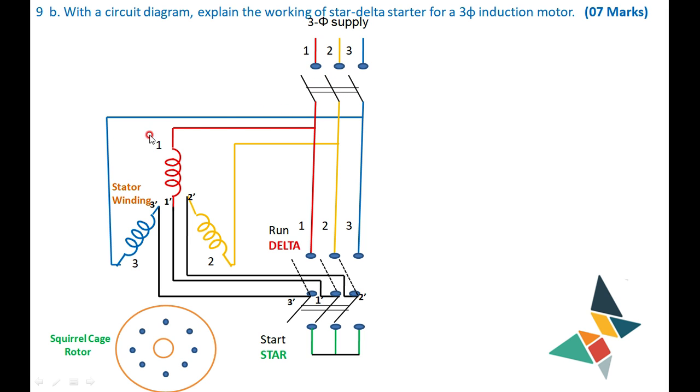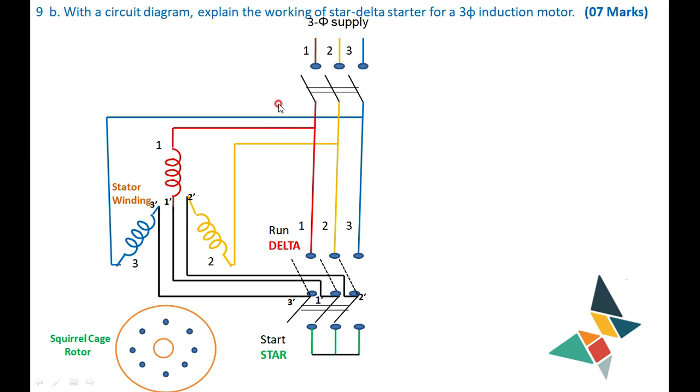Here, what you have to do is connect all the starting ends of the 3 phases to the supply. You can see here, 1 is connected to 1 of the phase, 2 is connected to 2 of the phase, and 3 is connected to 3 of the phase. Then 1 dash, 2 dash, 3 dash, the ends of the 3 phases, are connected to the other switch in such a way that you shift the sequence by 1, therefore it is 1 dash, 2 dash and 3 dash. Then how exactly it works, we'll see.